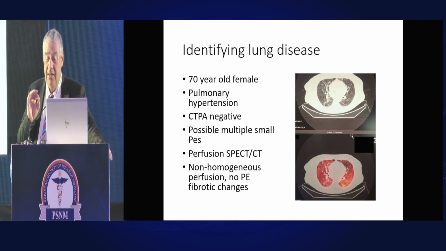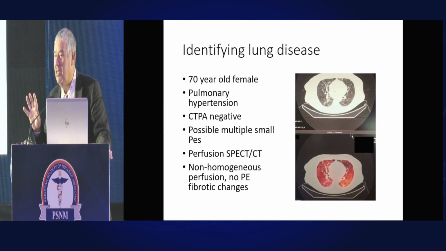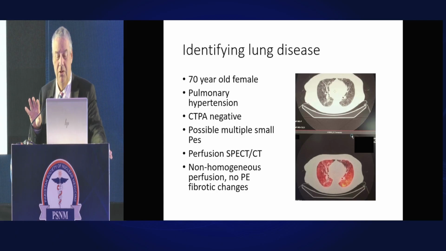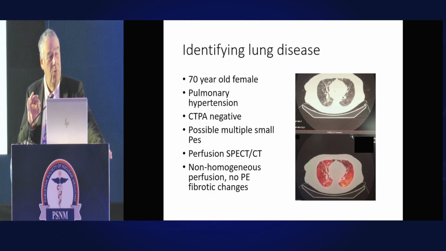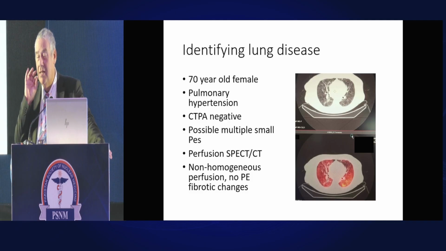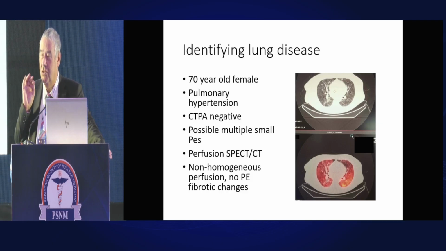You can see, if you look at the orange colour, that the perfusion is pretty homogeneous. It's a little bit wobbly, but it's not too bad. But there are no focal defects, okay? But when you look at the CT scan, this is on lung windows, you can clearly see there is fibrosis in both lungs. So again, in a difficult patient, this gets you out of trouble,